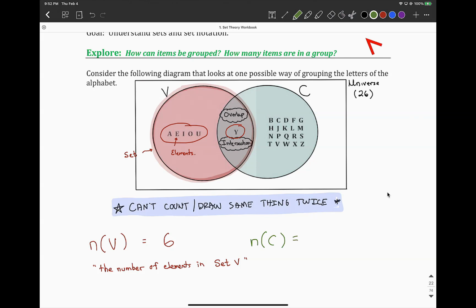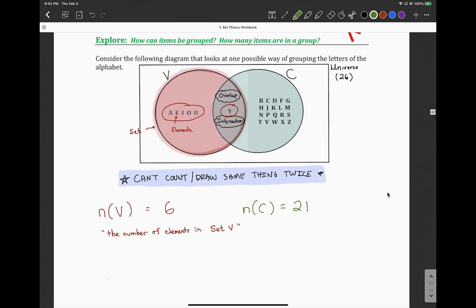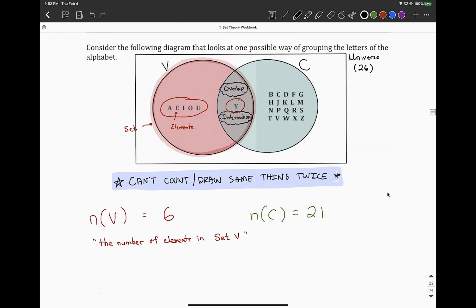If I asked how many things are in C, the number of elements in the consonant set, count them up, that looks like 21. There's the 20 that are only consonants plus the one that is sometimes a consonant, but in total, there's definitely 21. We're going to try and lead you down these really seemingly dangerous concepts like this. This is our first logic puzzle